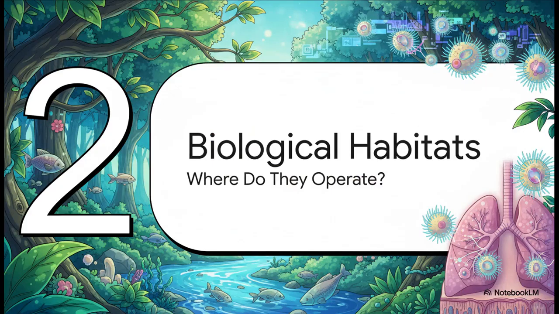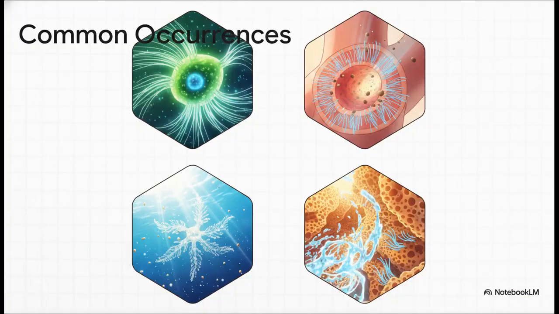All right, moving on to Section 2, exploring their biological habitats. Exactly where do these things operate? Well, to put it simply, they operate practically everywhere. These structures are basically nature's most adaptable solution for movement. Their occurrences are incredibly diverse. We're talking single-cell protozoans, the flame cells of flatworms, the Bipinnaria larva of a starfish, collar cells of sea sponges,